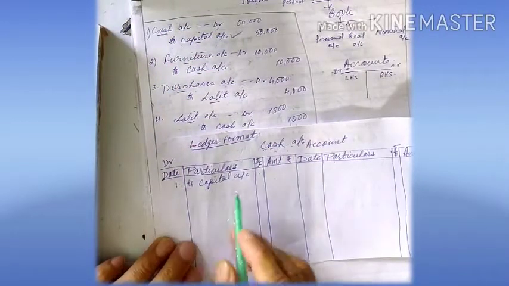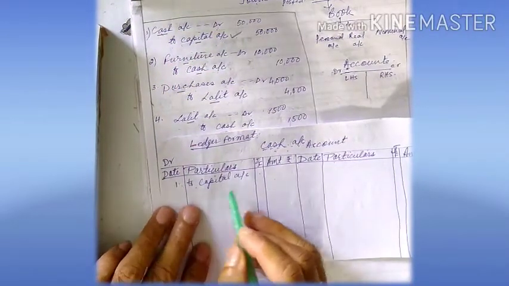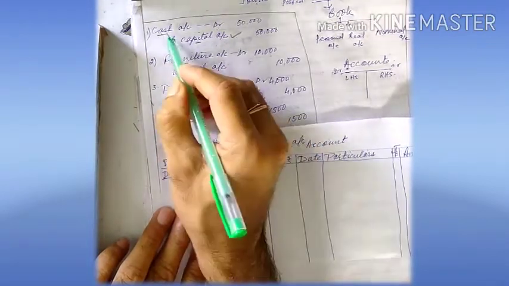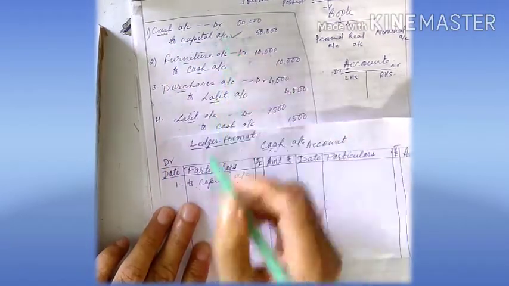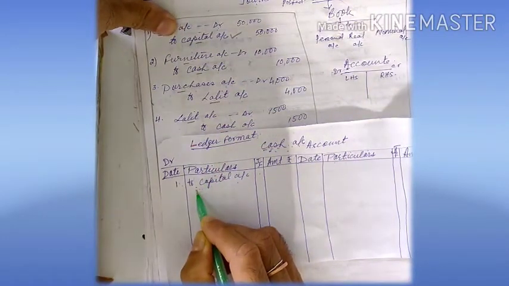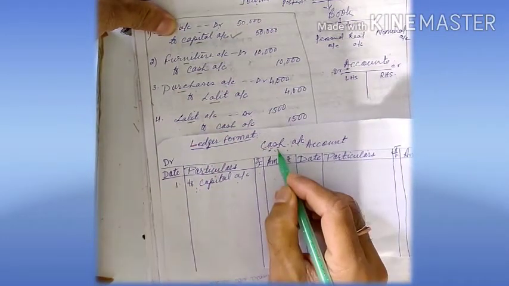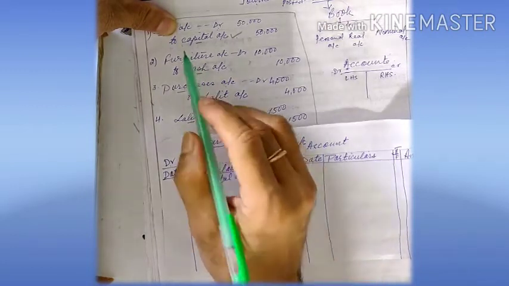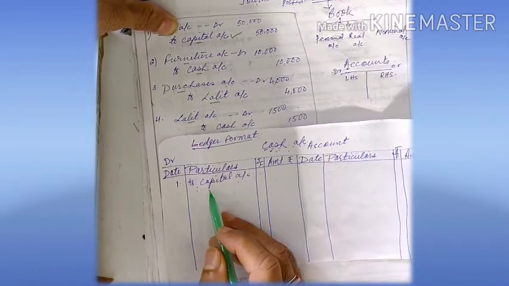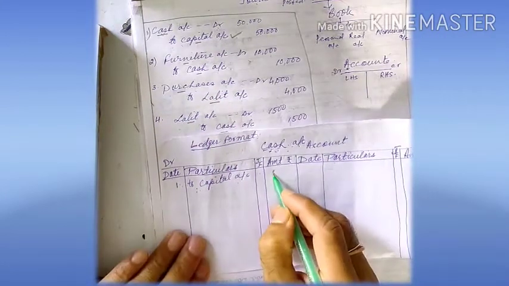So this is 1. Now why are we writing to capital account on the debit side? It is on the debit side because this cash account in the journal is debit. That is why the entry is on the debit side. So we do not make the entry for cash account here because the cash account is already here at the top. So we will make the credit aspects here. So the credit aspect is here to capital account and the amount is 50,000.